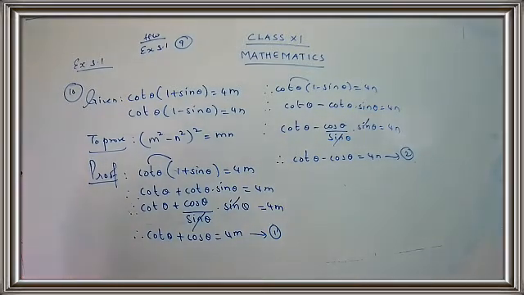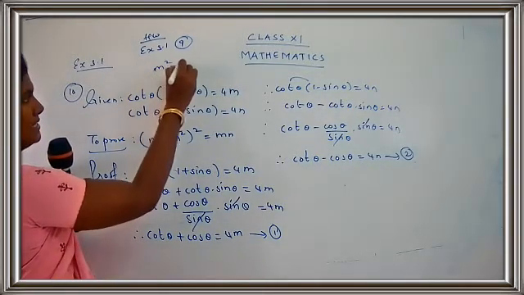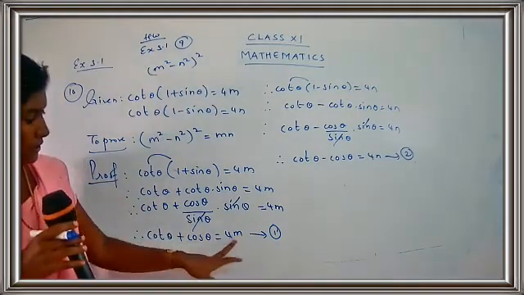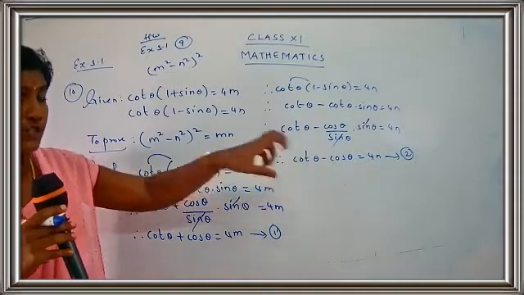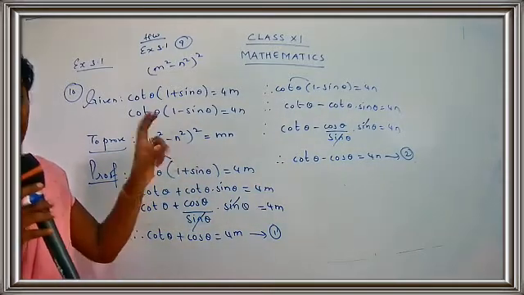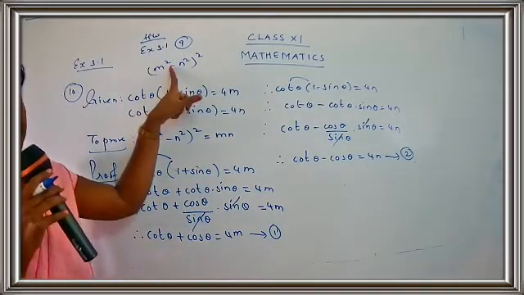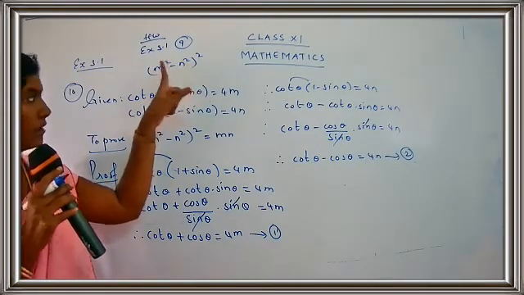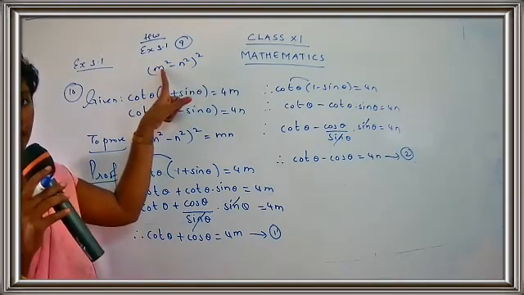Okay, children, so now what are we going to do? Now we want the answer in terms of m square minus n square the whole square. So this is what we need. I have a term with m, I have a term with n. So first of all, you have to square it and you have to subtract. See here, the minus sign is there. So square it and subtract it. Getting my point? When you square, you will get an m square term and an n square term.